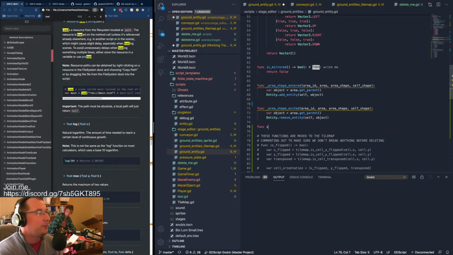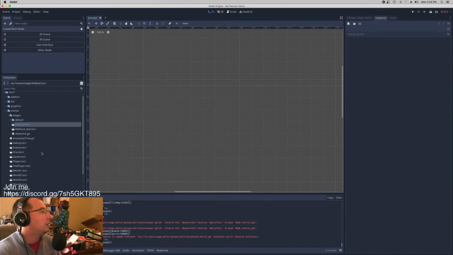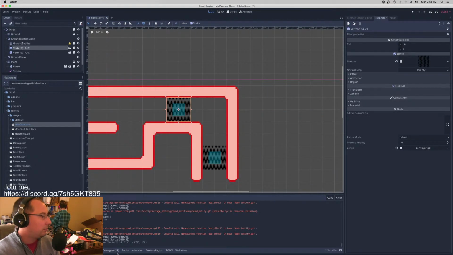If I go function set position value. Okay, well, live and learn. And then we go set position and we just set it to our prior position, like I was trying to, then we should be golden in not allowing the... no. Okay, but